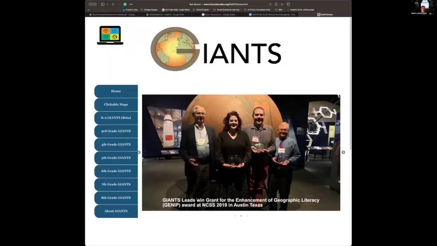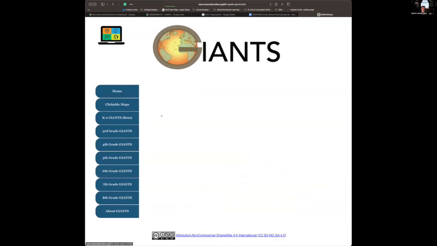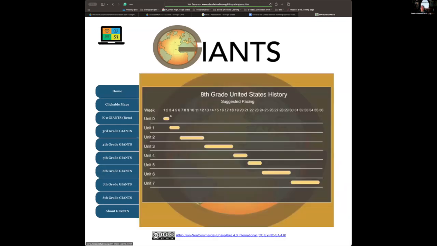If you think back to the very first night that we were together doing these rollouts and I brought up the pacing view, you can see that our pacing view takes us all the way through a 36-week school year. Some of these units are designed to be a little bit bigger because they encompass testing. Unit 6 and 7, I would say a chunk of maybe 3 or 4 weeks in here might end up